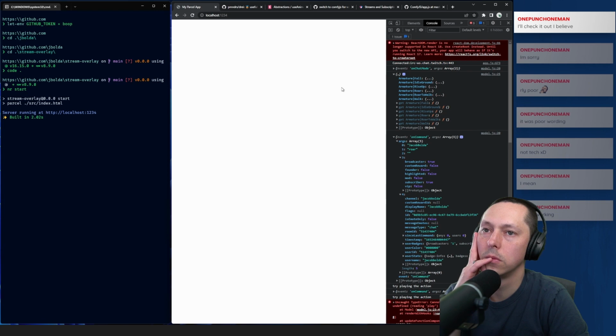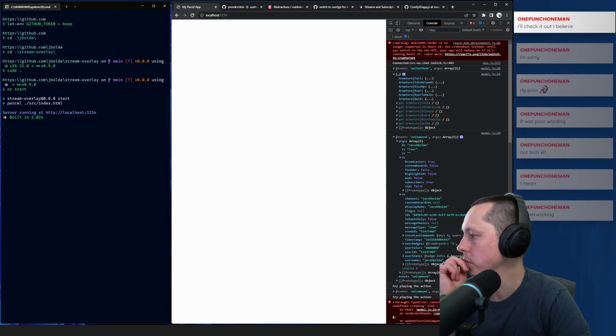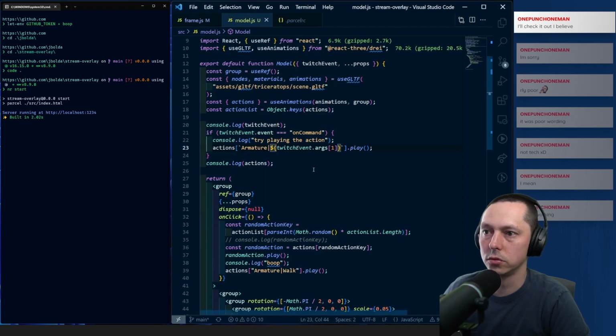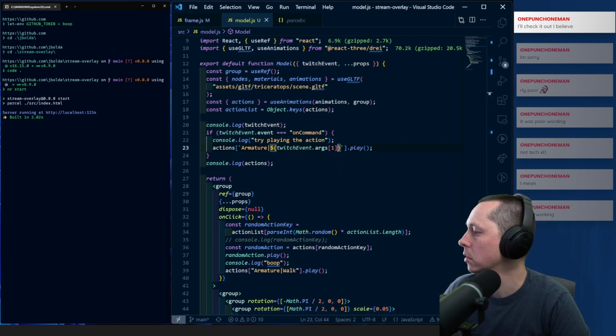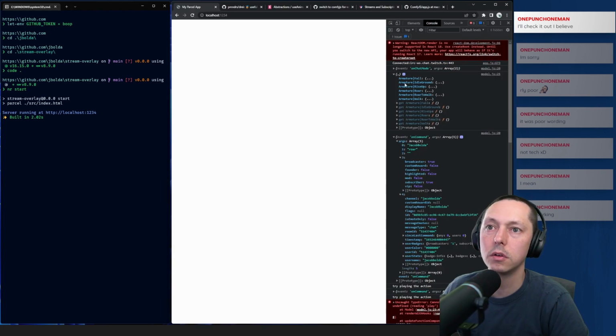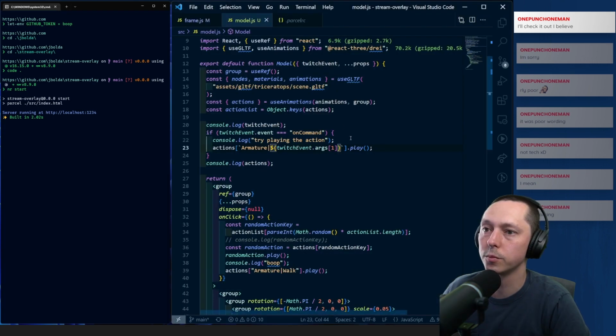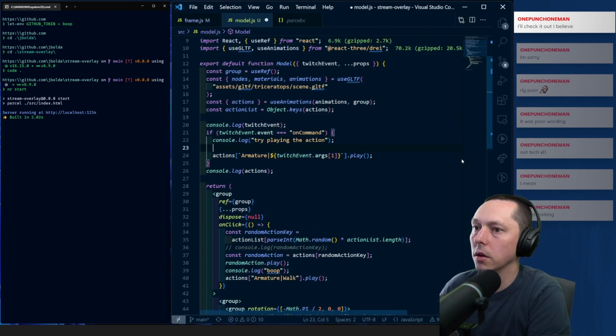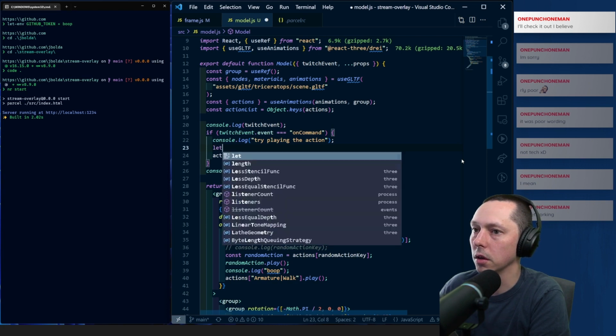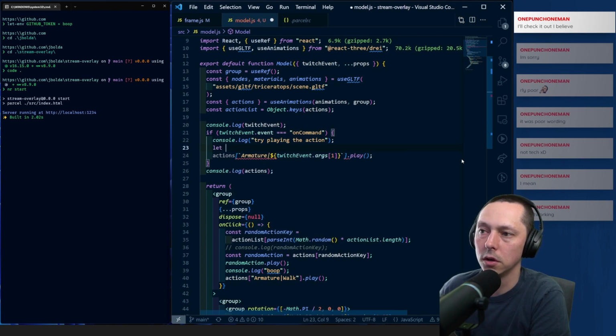All right, how do we want to do this? I'm just going to map it. I don't know if there's any other easy way to do it. So we're just going to say let action text equal.